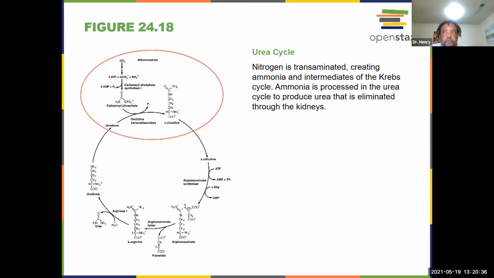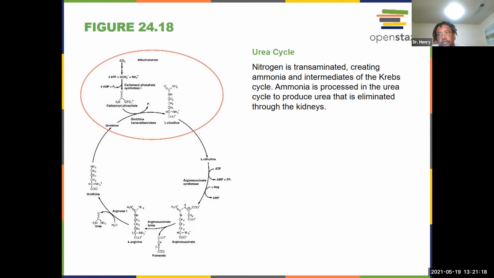The enzyme carbamoyl phosphate synthetase is going to utilize the ATP and use that inorganic phosphate. Then you're going to get the production of carbamoyl phosphate. Carbamoyl phosphate is then going to lose its phosphate and combine with ornithine. So the ornithine and the carbamoyl phosphate are going to be utilized to make